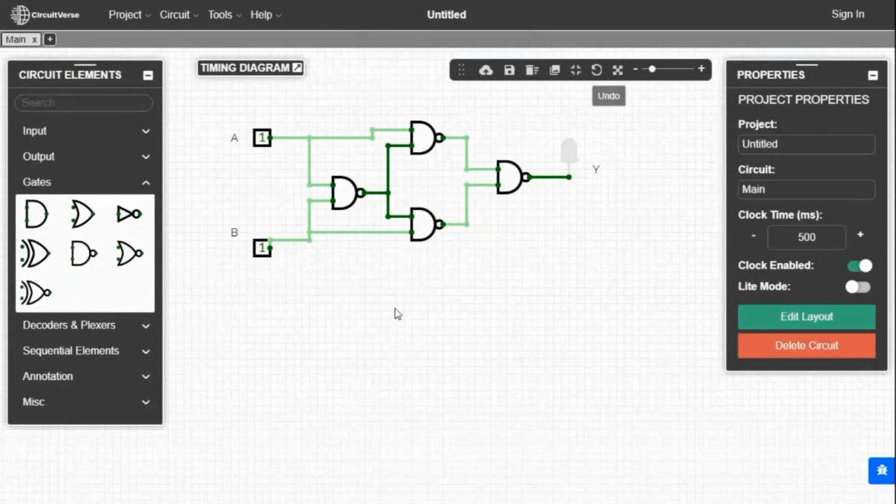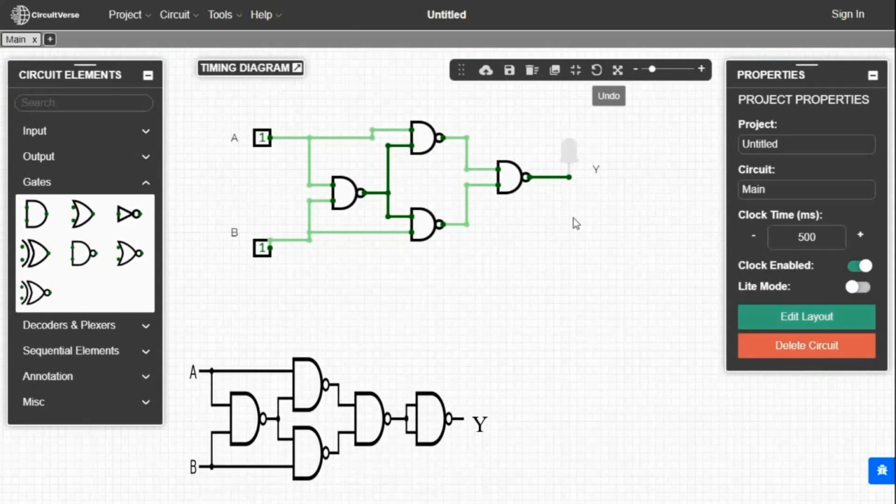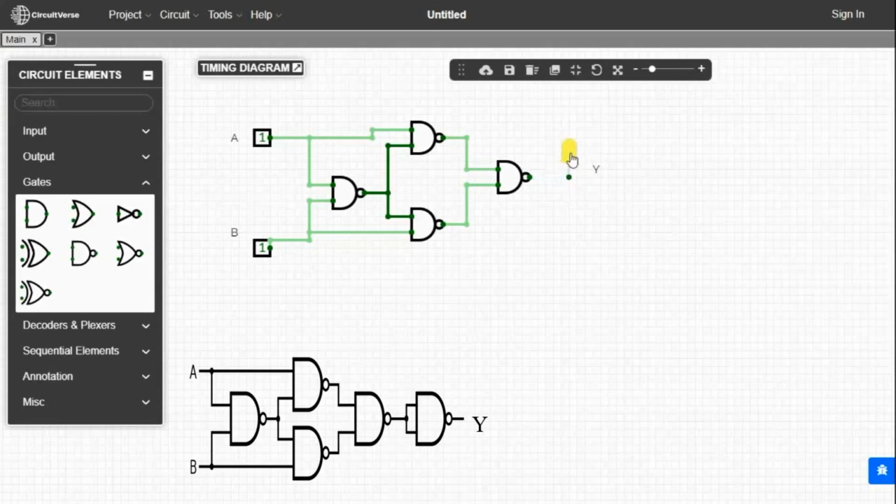This is the previous circuit we have made for XOR gate. Here we have to add one more NAND gate to get the output of XNOR gate. So we have to modify this circuit. First we have to delete the LED and the wire that connects the LED. For deleting, we have to select that and click on the delete option, or you can also press delete from the